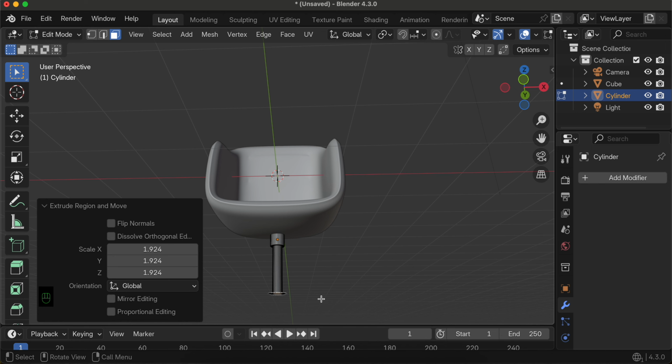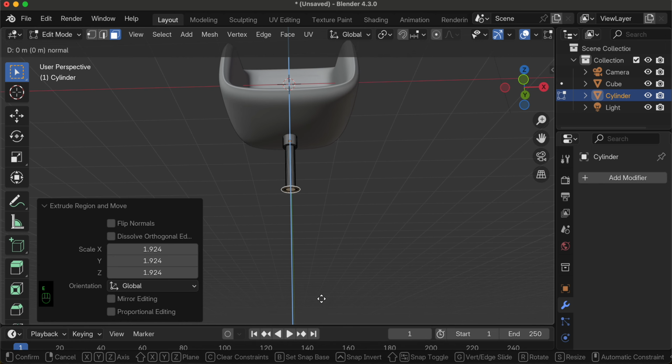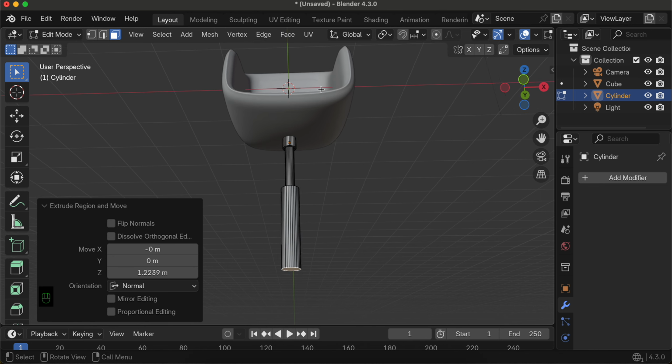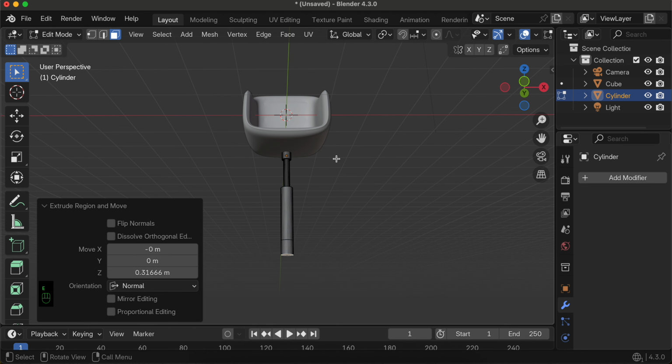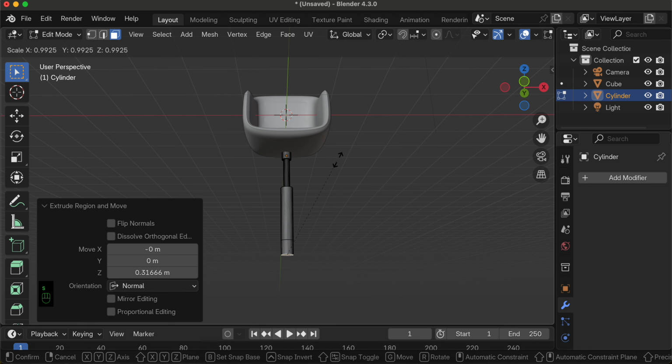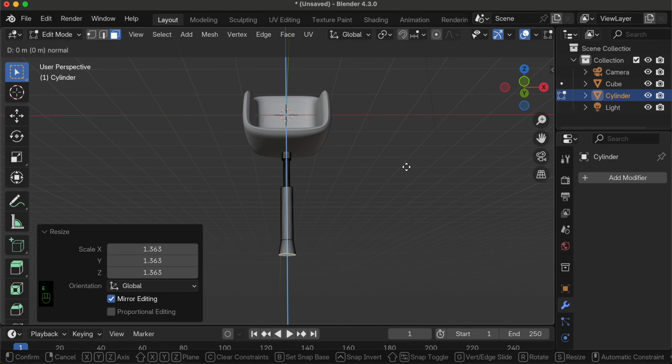Then do ES to do something like this. Again I'll just move it like this. Then again E to extrude, yeah, something like this. Then again E to extrude, but just a little bit. Then H to scale, then again E to extrude,